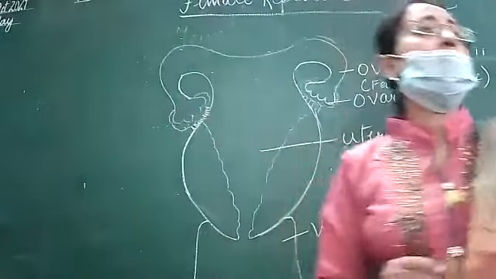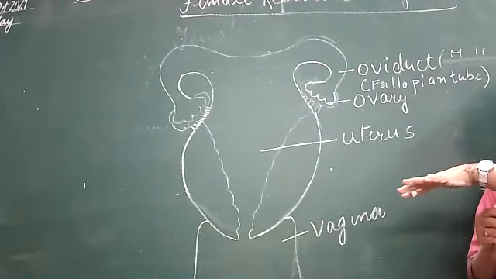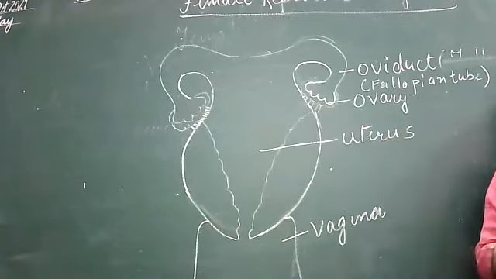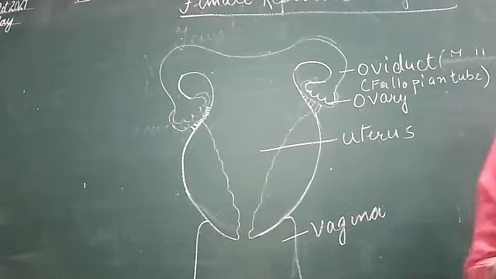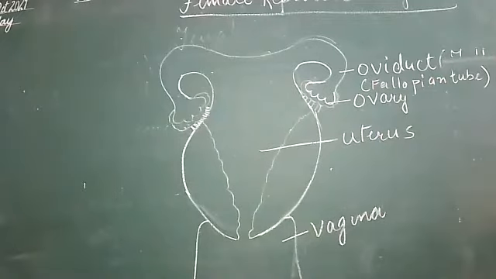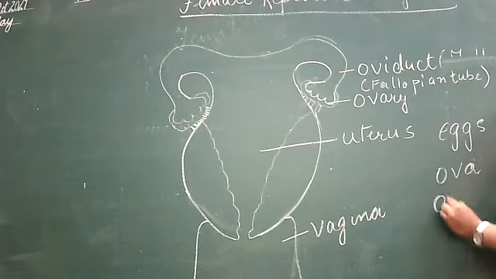And they are present in the abdominal cavity below the kidneys. See? So these two ovaries are present in the abdominal cavity below the kidneys. Got it? Now, what is the function of these ovaries? The function of these ovaries is to produce the egg or the ovum. See? So many eggs, if plural, are ova. When you say it as a singular, then it is ovum.